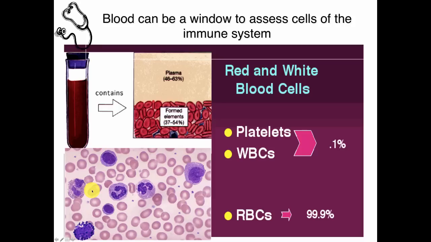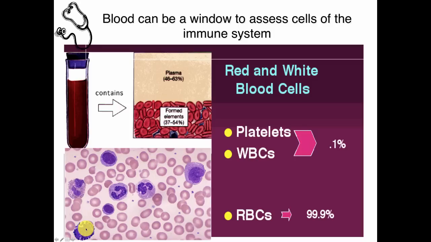And so based on the slide that you saw before, you should hopefully be able to identify some of these cells. So this is a cell that's an eosinophil. This is a lymphocyte. This is a monocyte that will develop into a macrophage when it goes into the tissue. This is a neutrophil, this multilobulated cell. Here's another lymphocyte. This is a cell that we didn't really talk about called a basophil that has these large